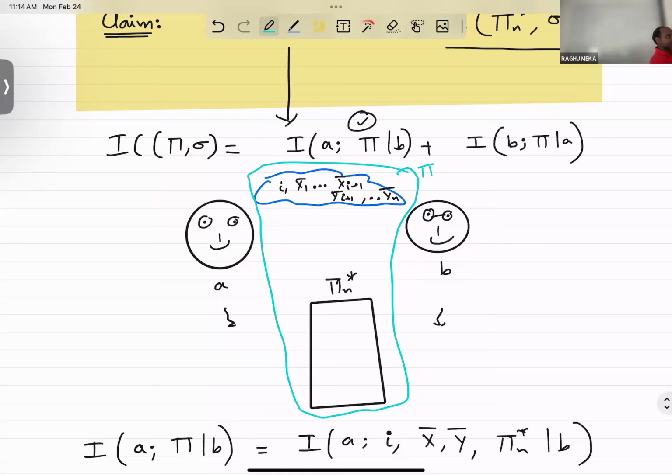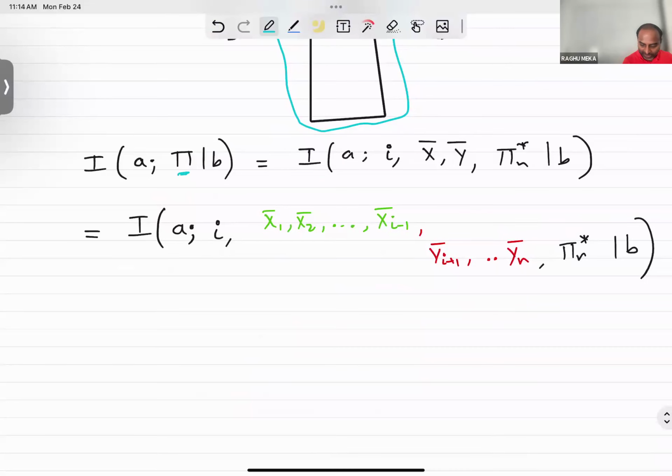There are two parts to this transcript. One is the public randomness and the other is this. So we just put that here. So pi equals this thing. I just put those ingredients together. And now this x bar and y bar also have these two components. And what I'm going to do is to use the fact that